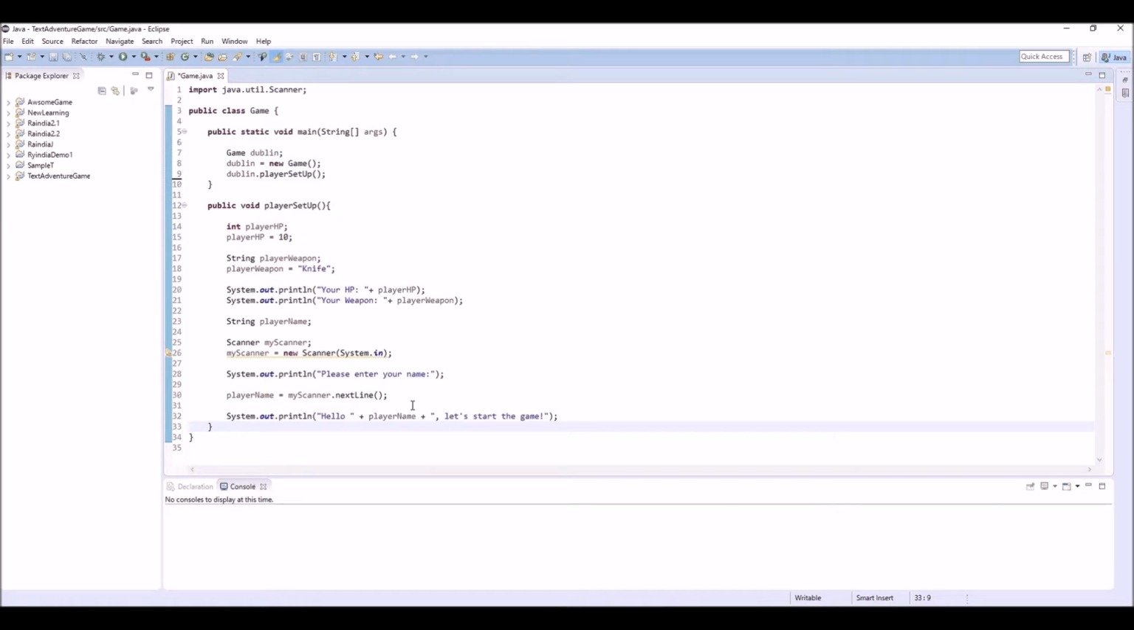In this case, I'm going to start the story from the town gate. So the story starts when you arrive at the town gate. To do that, first I'm going to make a new method,